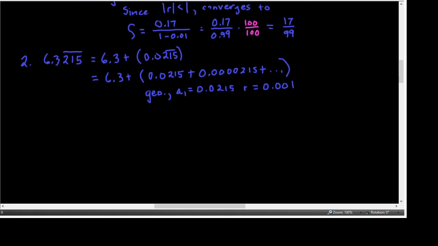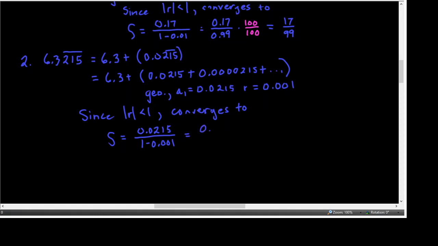And since the absolute value of r in this problem is less than 1, the series converges to s, which is a sub 1 over 1 minus r, so 0.0215 over 0.999,